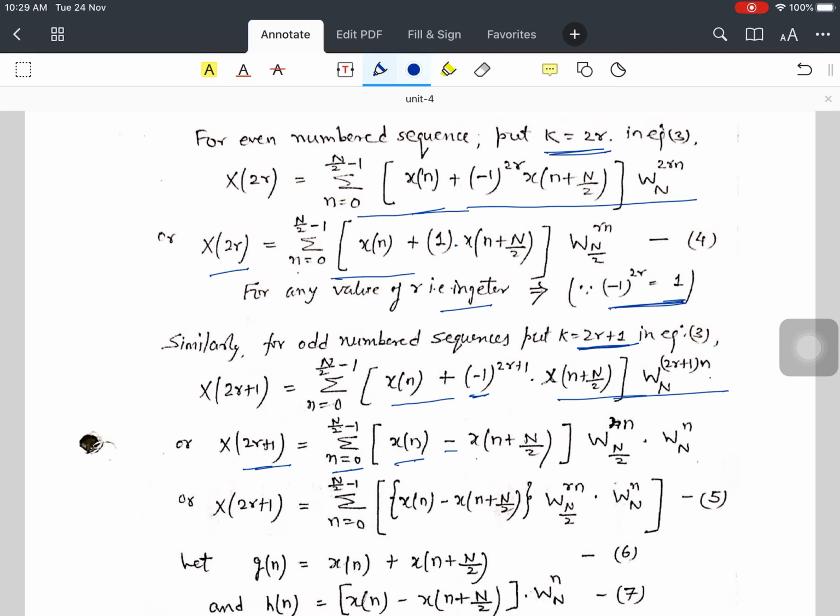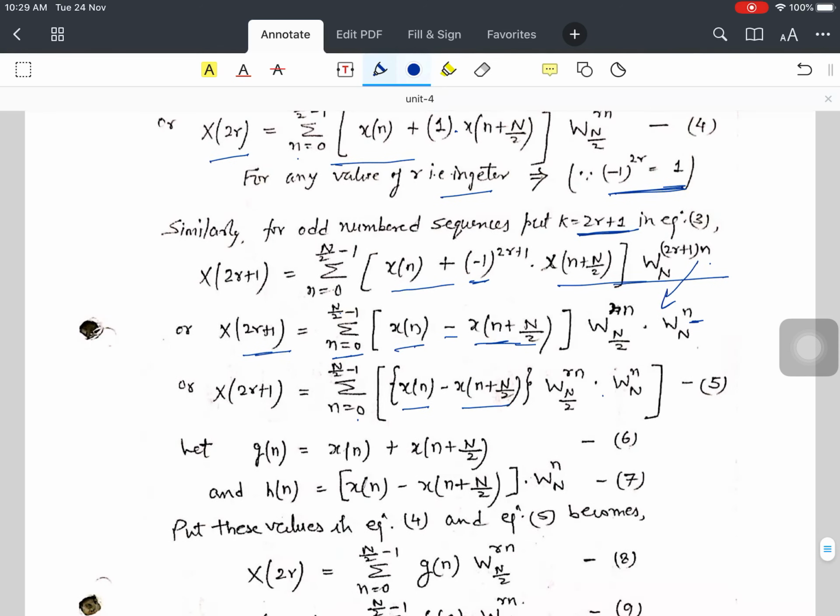So, minus x[n + N/2] W_N^{n}. Okay, so we have opened this over here. So, x[2r+1] is equal to the sum from n equal to 0 to N/2 minus 1 of (x[n] minus x[n + N/2]) W_N^n W_N^{2rn}, equation number 5. Now, consider this, let we have g[n] equal to x[n] plus x[n + N/2]